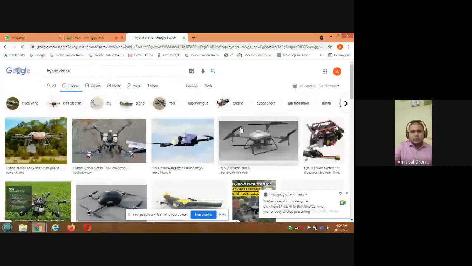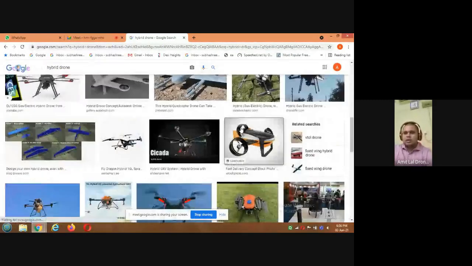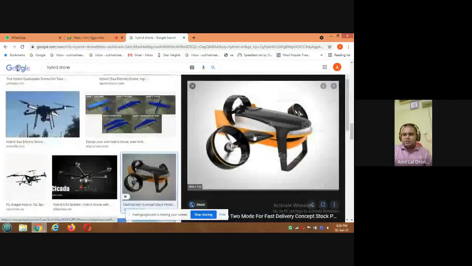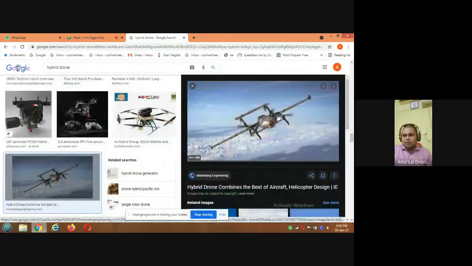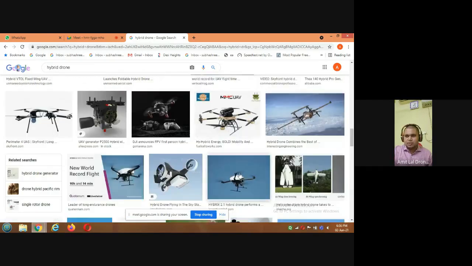Okay. Now, talking about this one, this is a tricopter configuration. You can see it has the rotors, and it has the fixed wing parts also. So it is also a hybrid. Talking about this one, you see motors just like multi-rotors, and then this has a fixed wing. The fixed wing helps in the horizontal movement, and to do a vertical takeoff and landing and to hover, the multi-rotor configuration is used.